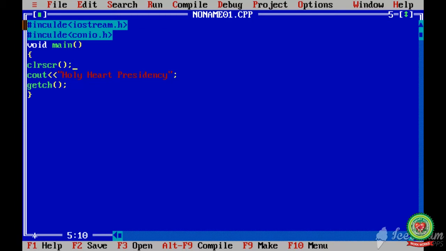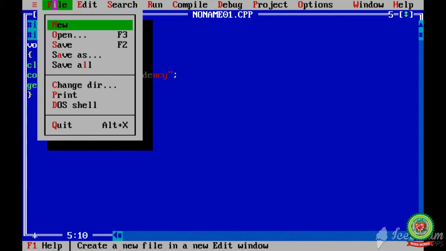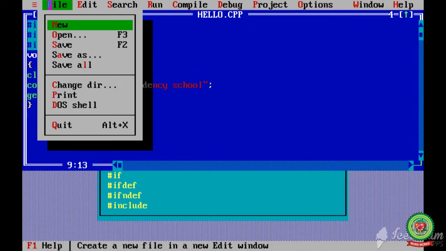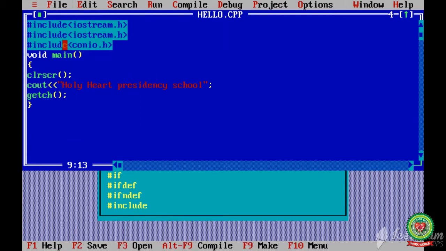Now, we will do the steps to save our program. We will click on the file menu, then the save option, and here we will type the file name.